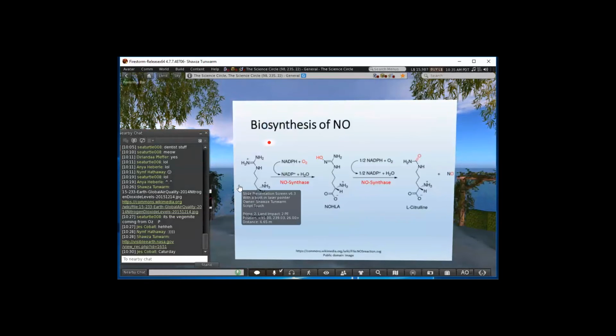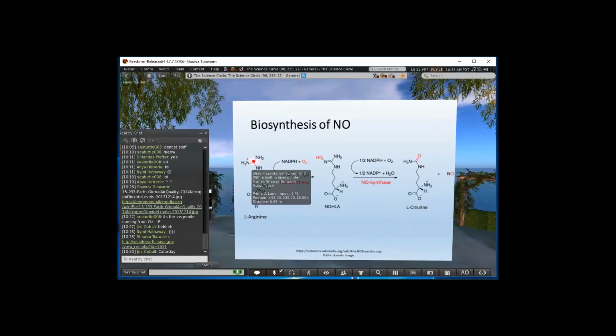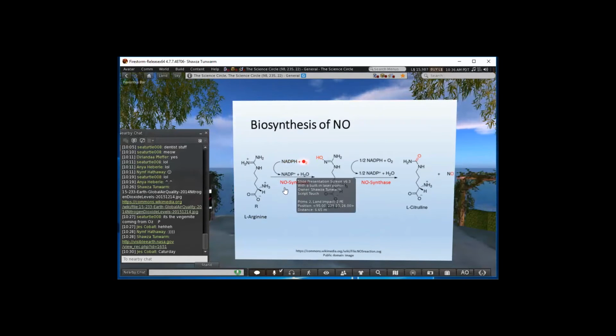So nitric oxide ends up being made from this molecule called L-arginine. The only thing that changes is this little N group, this guanylyl group right at the top. And essentially, there's NADPH, an energy storing molecule, under physiological conditions. It takes oxygen, and the NO synthase, basically that big blue thing hanging in the sky above us,